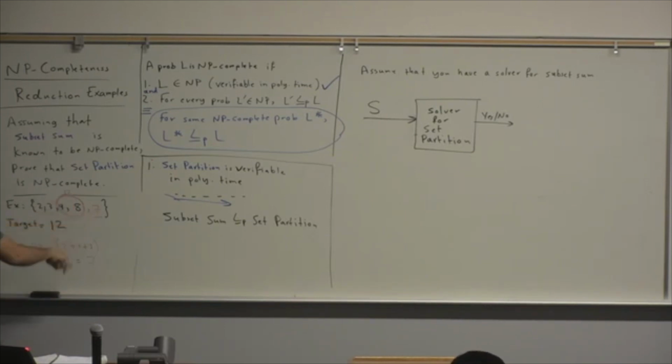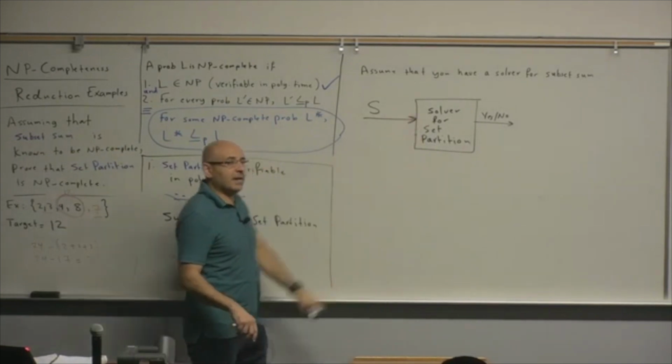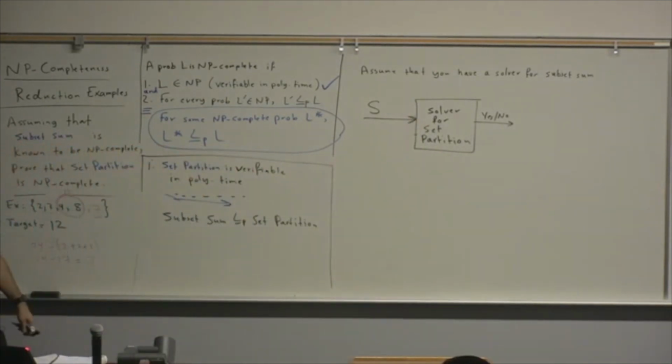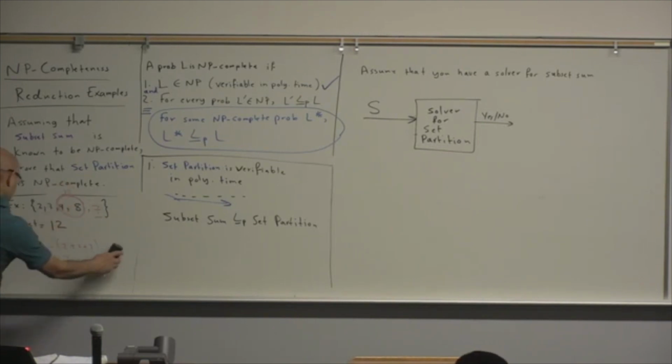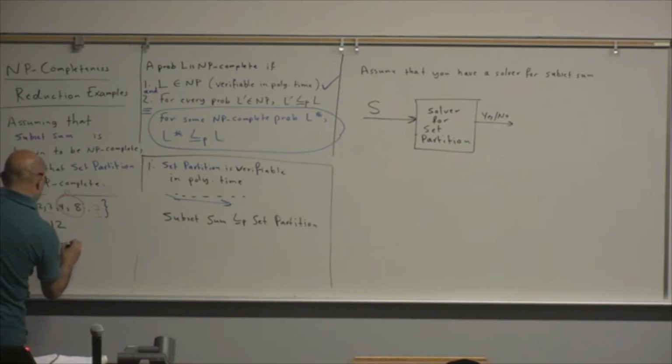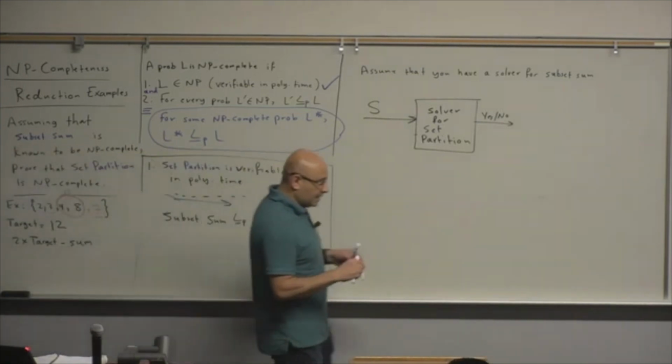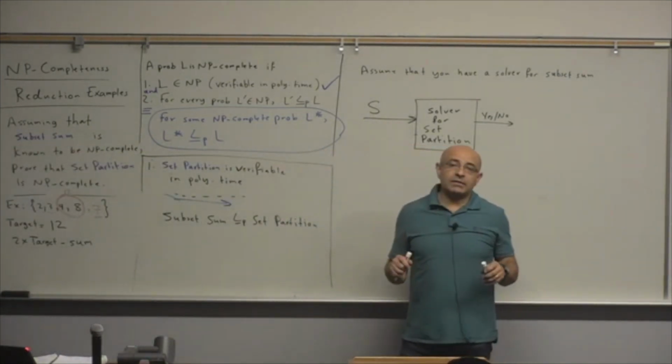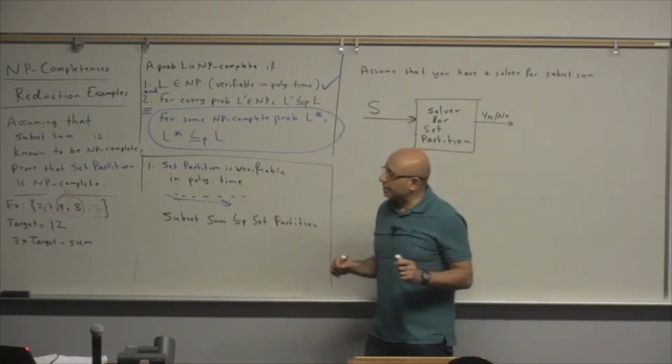So if you give it this set, and if this solver manages to split it in half, each half will be the 12 that you are looking for, the target that you are looking for. Okay, so this is in fact 2 times the target minus the sum of elements. But in fact this will be the case if your target is greater than half the sum. If your target is not greater than half the sum,